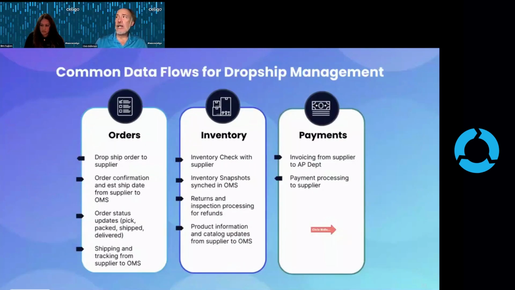So going to the last slide, as I mentioned before, we're seeing a lot of drop ships. We're doing a lot of these type of integrations. And as I said, a lot of times this is still EDI. So looking at the different areas and what your trading partners might be expecting as far as orders that come in and need to be drop shipped to the customers, being able to do inventory visibility for your suppliers. So knowing if they actually have stock available, doing those type of things,